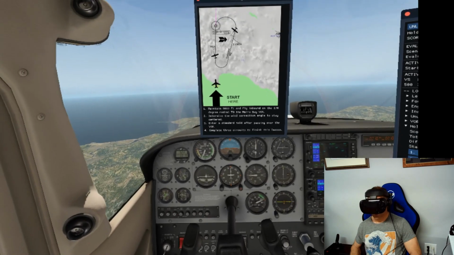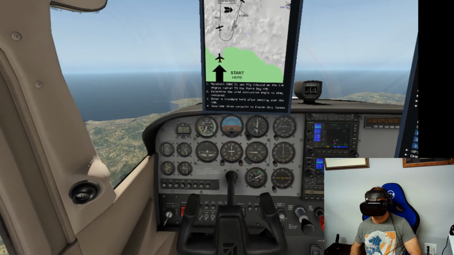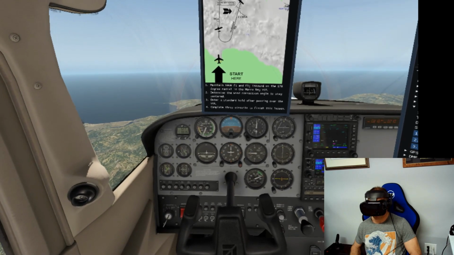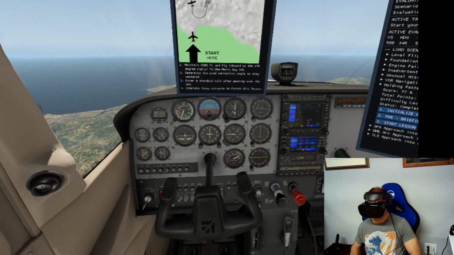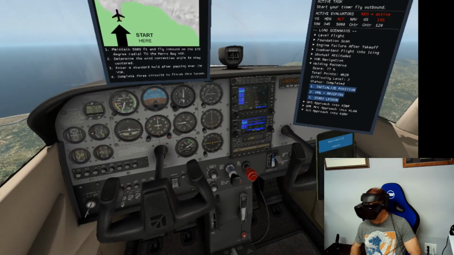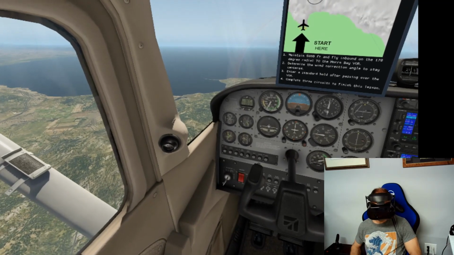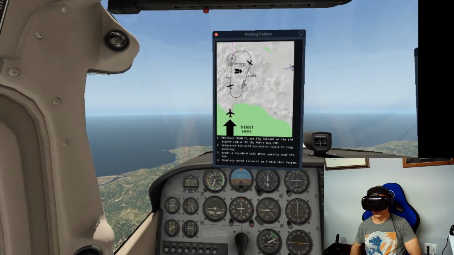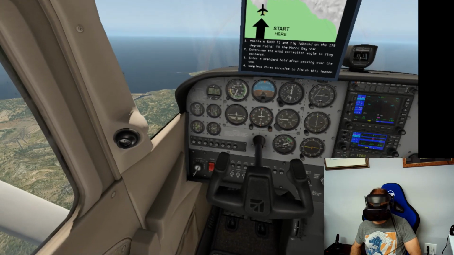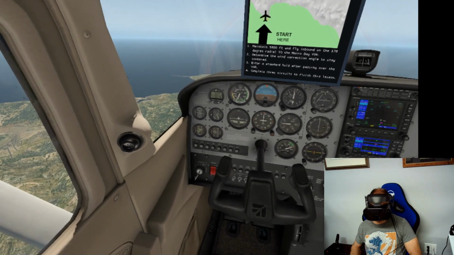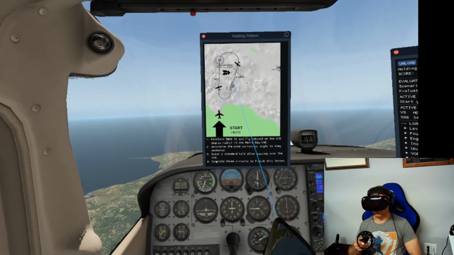So it basically said that I'm supposed to start my timer as soon as it flips and wings are level. So I'm looking for probably a little bit longer than 1 minute. I'll go for like 1 minute and 3 seconds or so, because of this wind out